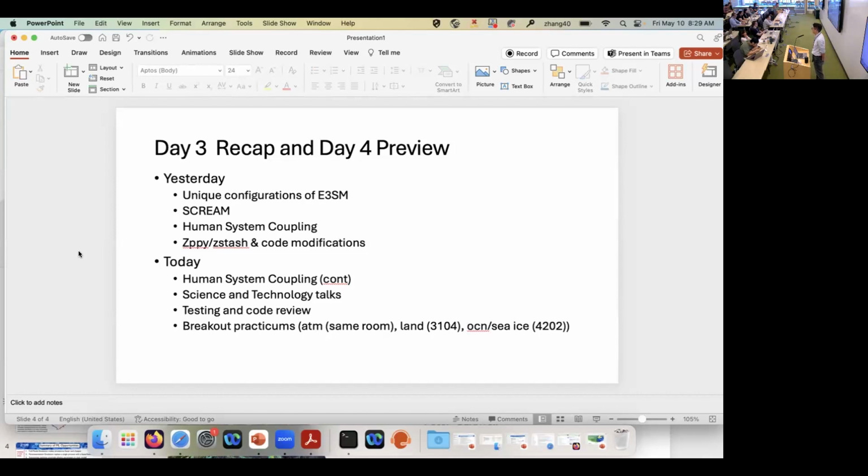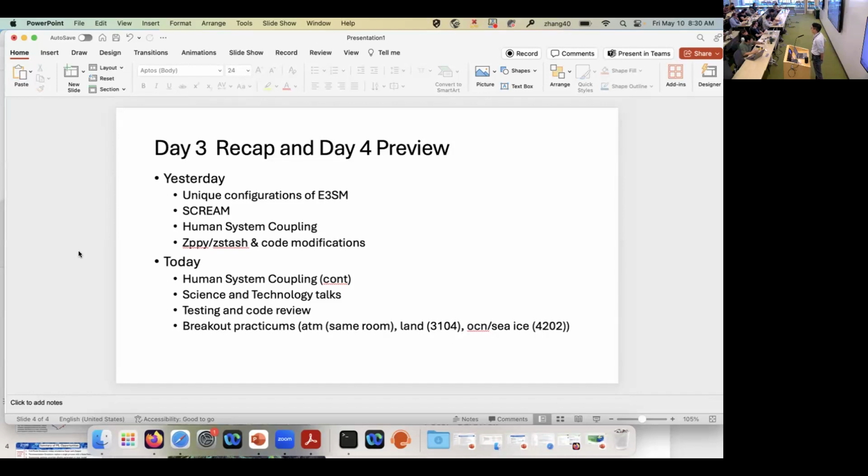But today we'll start off the set of lightning talks, as I've been calling them, with the human system coupling talk given by Qing, and then a series of science and technology talks, applications of the E3SM model, as well as some details about how we got where we are. Then Rob Jacob will provide an overview of testing and code review, especially for those who are considering doing some development. And then in the afternoon, we'll have breakout practicums.